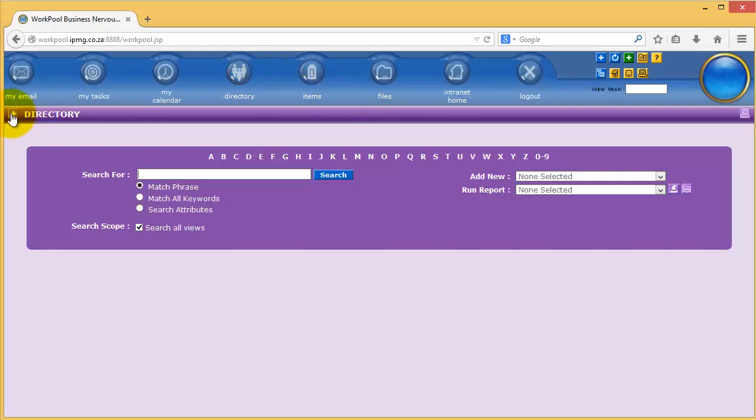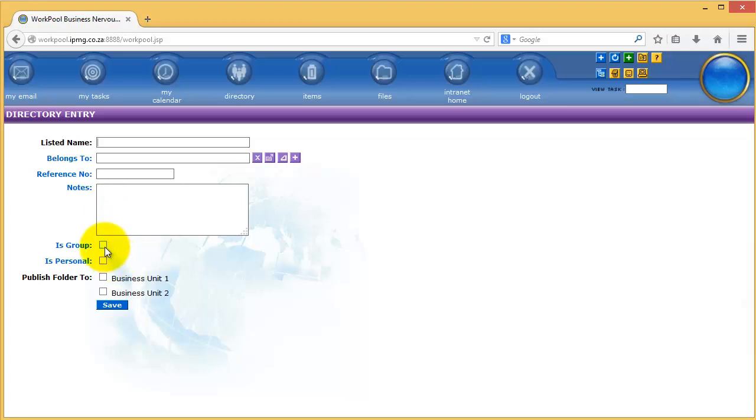The other option is to add a group, and you will see that the Publish Folder 2 options remain available. Let's take Mr. Soap as an example. Mr. Soap is a businessman and he has multiple businesses. In WorkPool and in the directory, we would like to group all these businesses together, and this is where is group